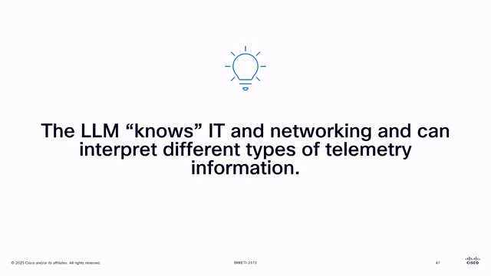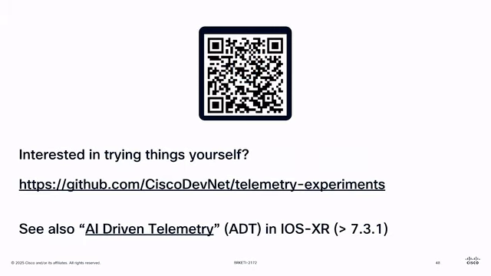When GPT 4 came out, I almost had a party. It was a game changer because the number of parameters is tenfold, like 1.75 trillion compared to 175 billion in GPT 3.5 land. And it knew Yang. It knows RFCs. It knows streaming telemetry. Very cool. Now, if you're interested in trying that yourself, I put that up roughly a year ago on Git, so you can go and play around with that exact example if you want to.